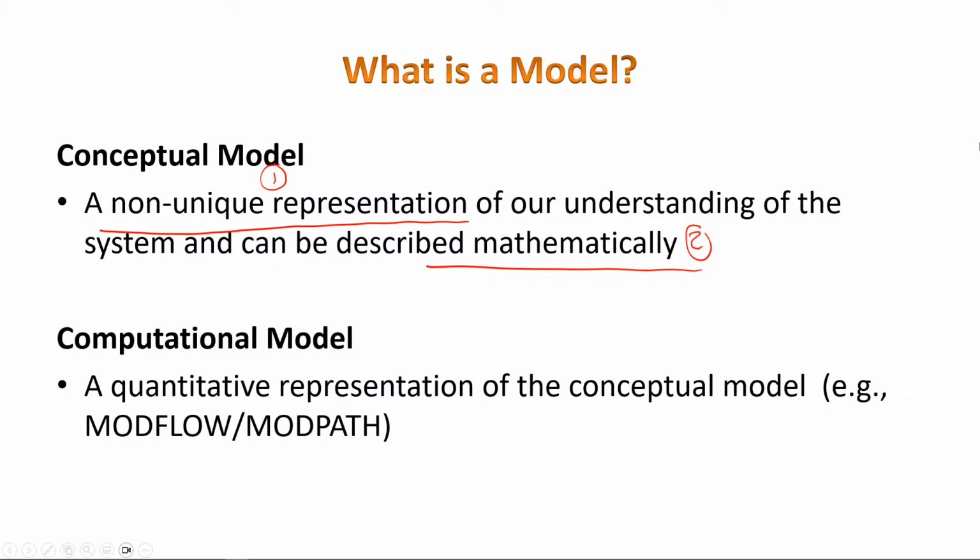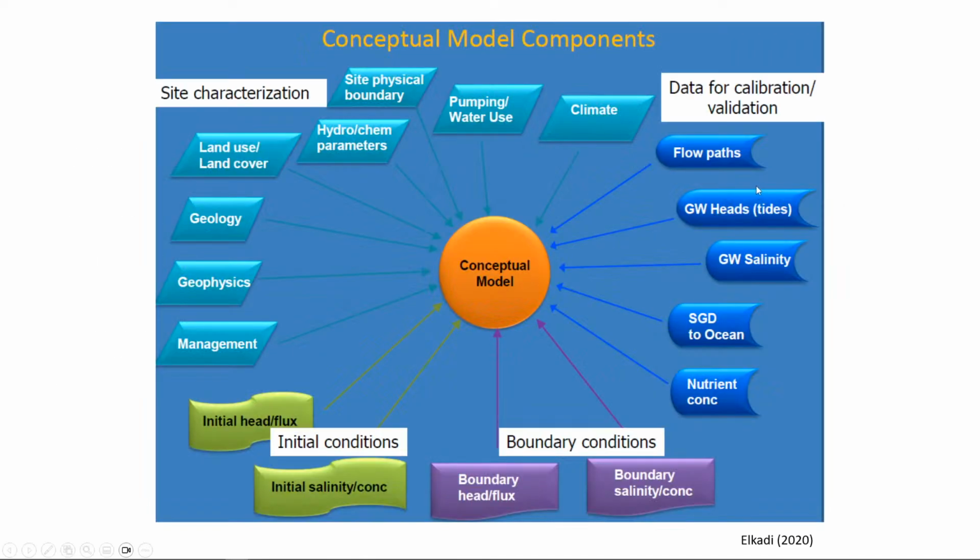Okay, so what data do we need for our conceptual model? Of course, you need site characterization data. You need to understand your aquifer, your boundary, land use and land cover, and the geology. If you have some geophysical information, that will help you to understand some of this geology and some of